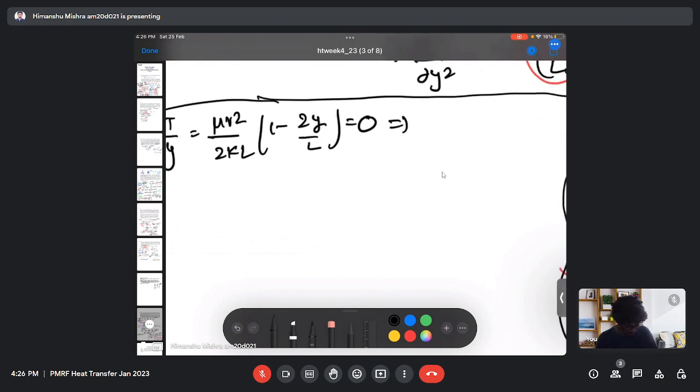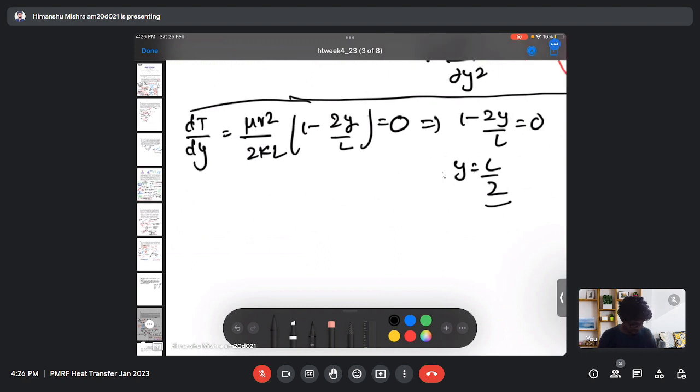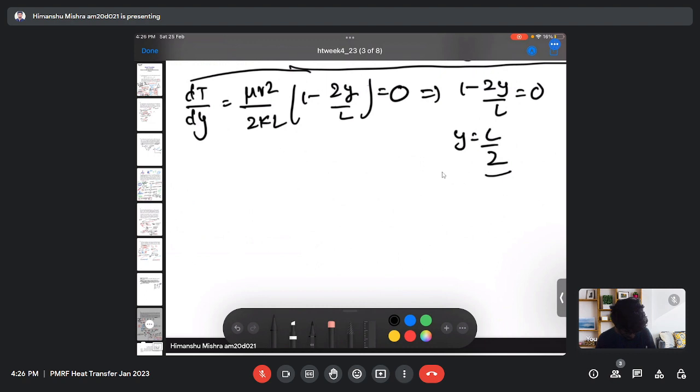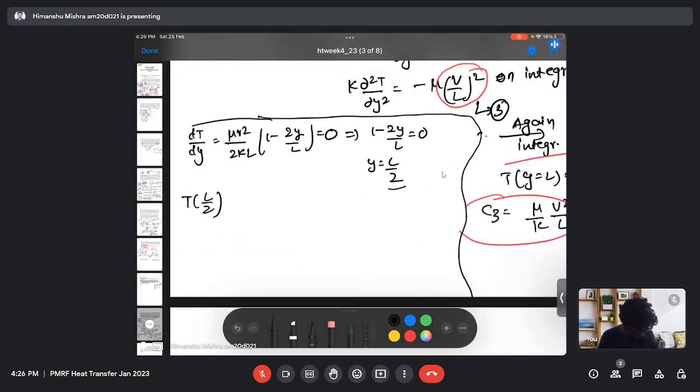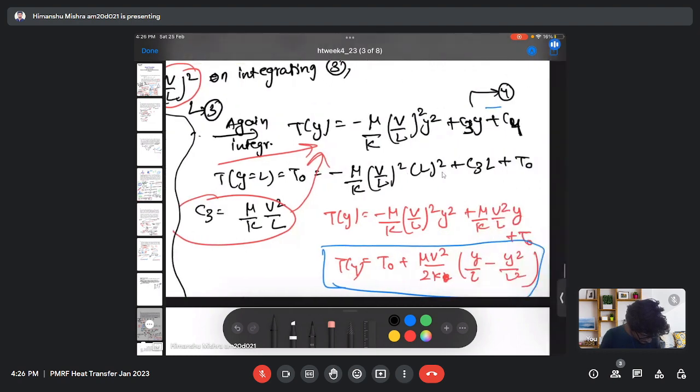So my location is L by 2. So at L by 2, my temperature will be the maximum, which means my temperature at L by 2 will be